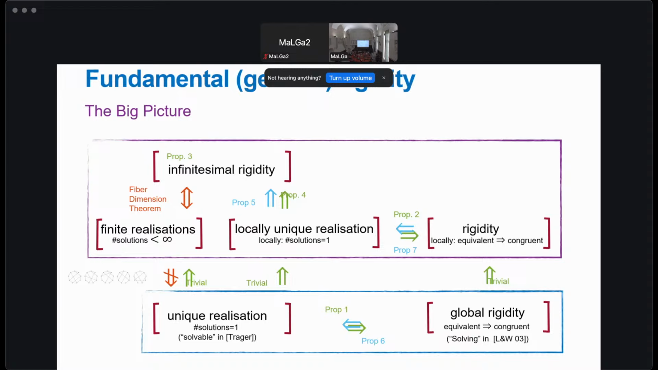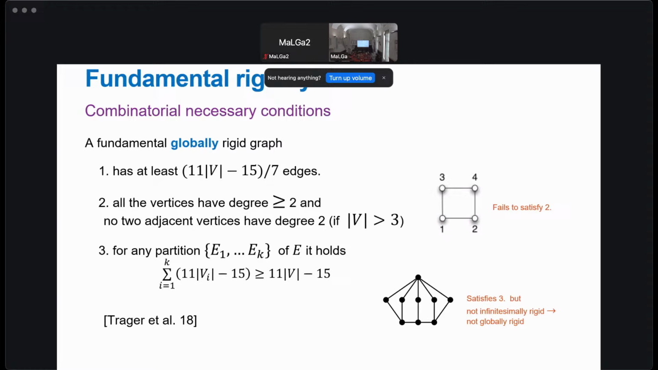There are also some combinatorial necessary conditions for this type of rigidity. So there is a bound on the number of edges, which of course is different from the previous one. All the vertices must have degree greater than 2, and no two adjacent vertices have degree 2. And then we have also another condition which has been proved by Trager and colleagues in 2018. But a combinatorial characterization, so the other arrow, is missing for the fundamental case,